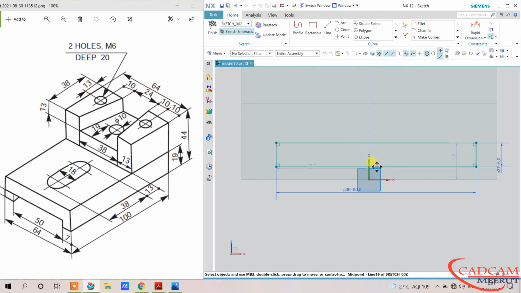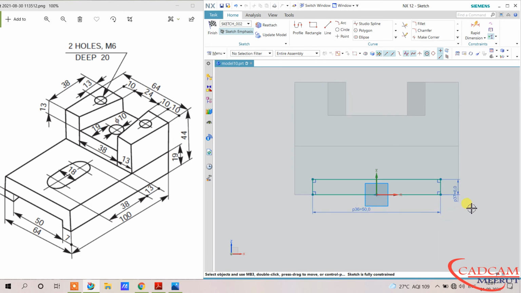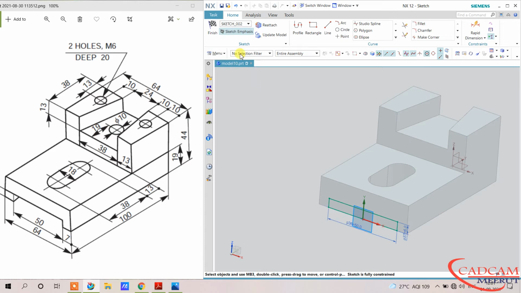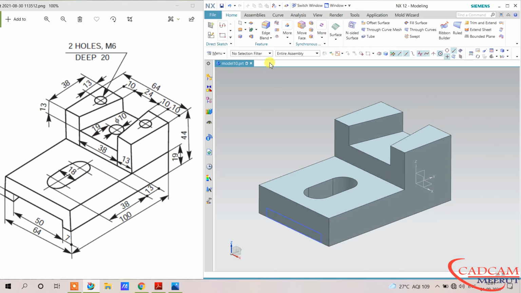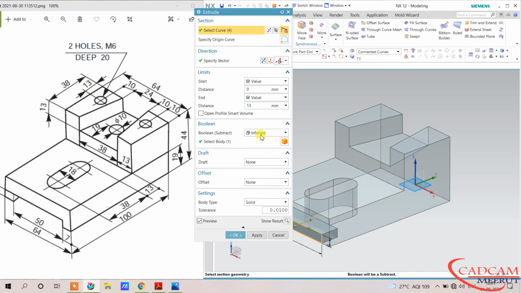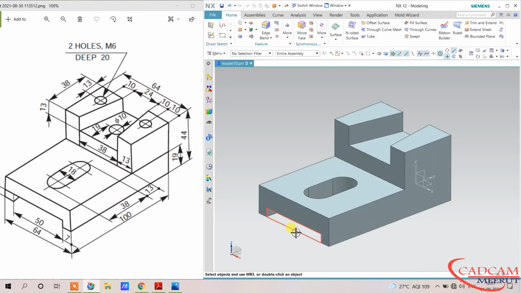Now apply some constraints. Both points will be constrained, it will automatically adjust and come to the middle. Now finish the sketch and extrude it in the reverse direction, and the boolean will be subtract and through all. Okay.